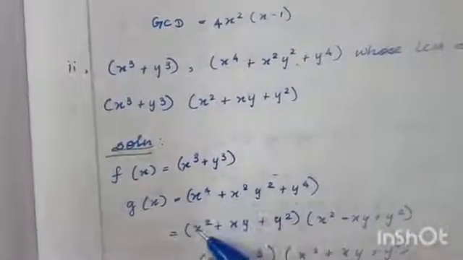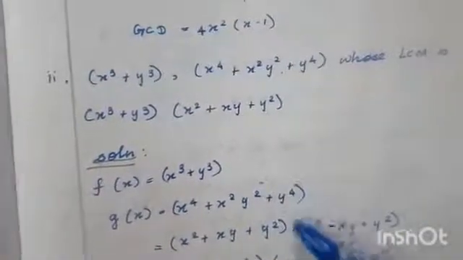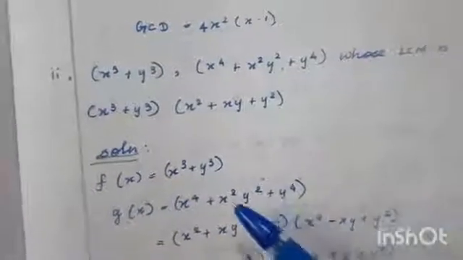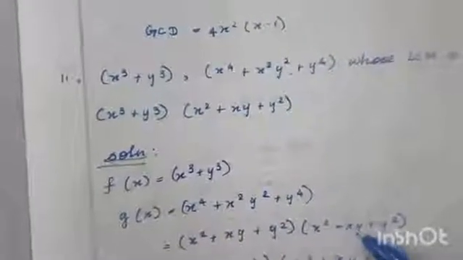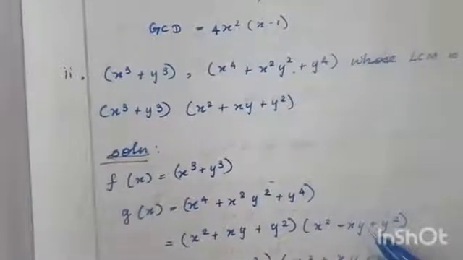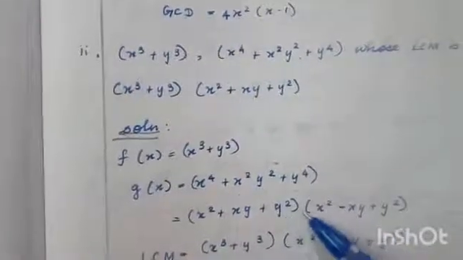For x, this x power 4 is separated, x square, this y power 4 also you have to separate, y square. This x square y square you have to write plus xy minus xy. It is a short way to make remember. Okay, formula explanation I am not giving here. Okay, it is rewritten in this form, it is the formula.